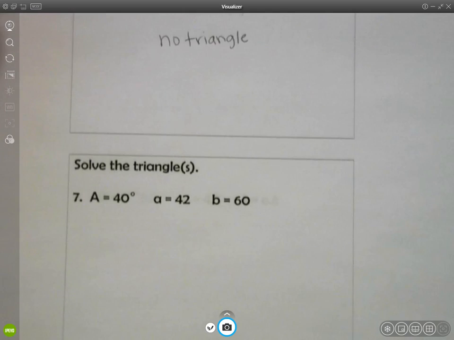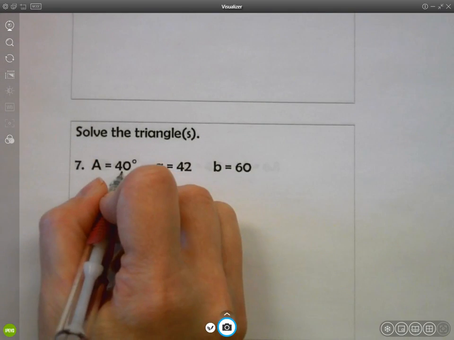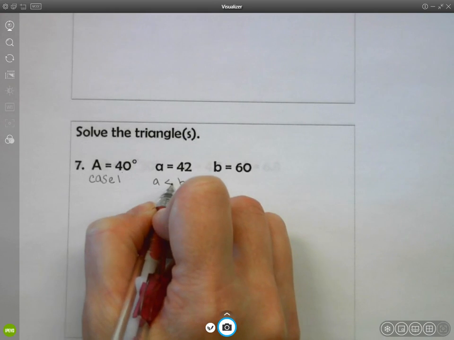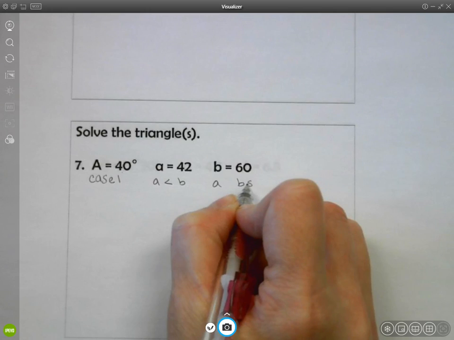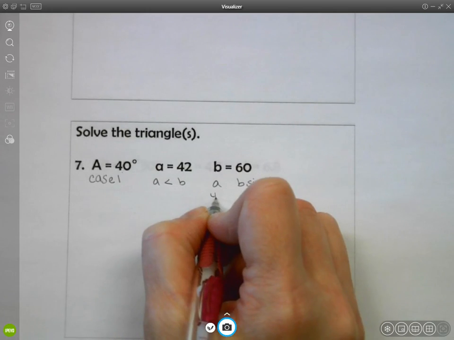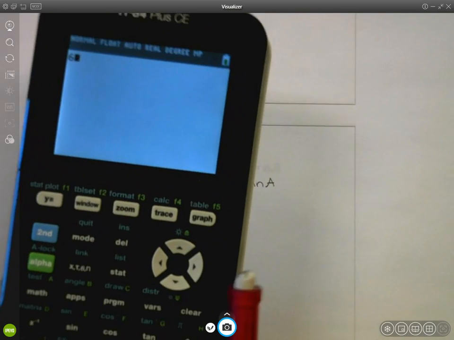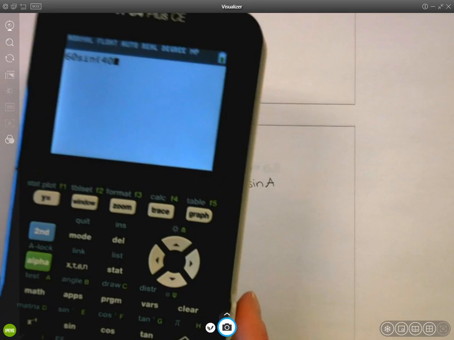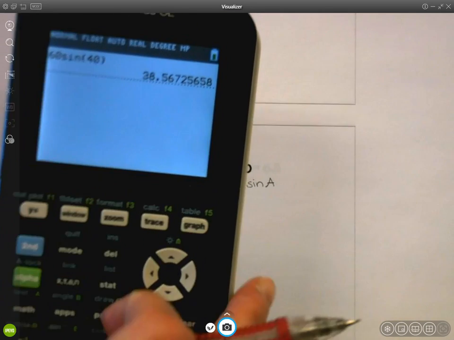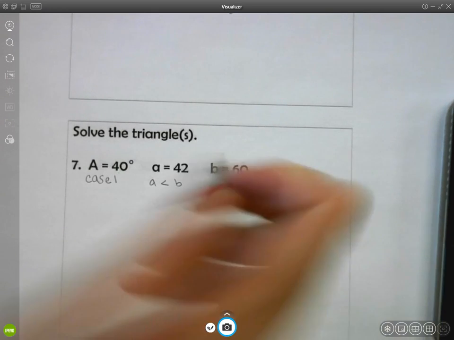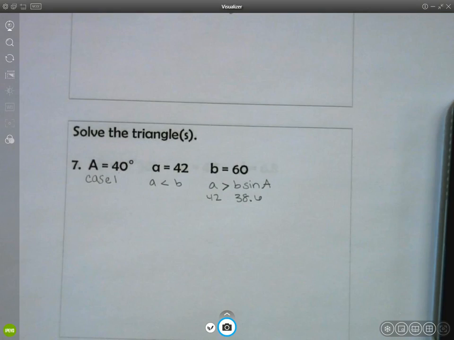All right, number 7. Again, you have an acute angle, so we're looking at case 1. We compare A to B. A is less than B, which means we need to know the height of the triangle. So we're going to compare 42 to B sine A. B sine A means we're going to do 60 times the sine of 40, which gives me 38.6. So in this case we have greater than. A is more than the height of the triangle, but it's less than side B, which gives us that option